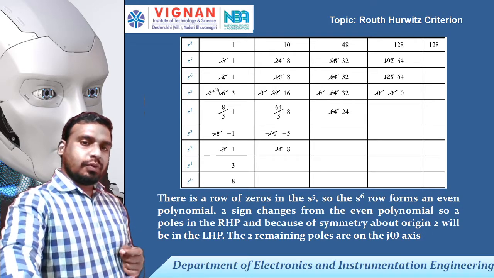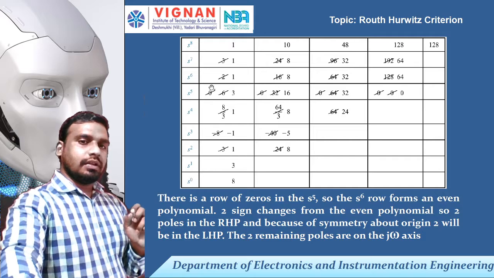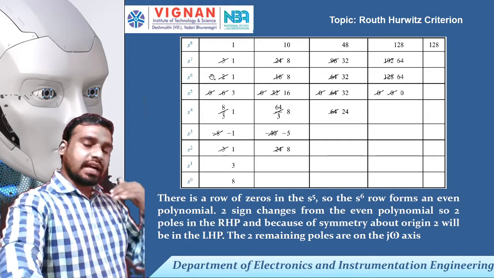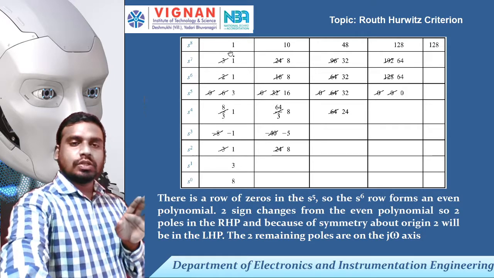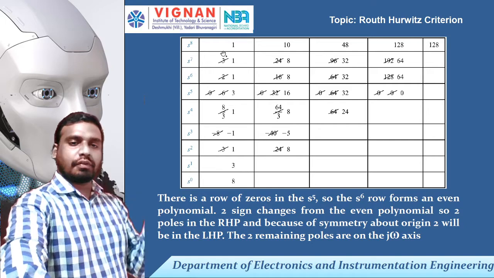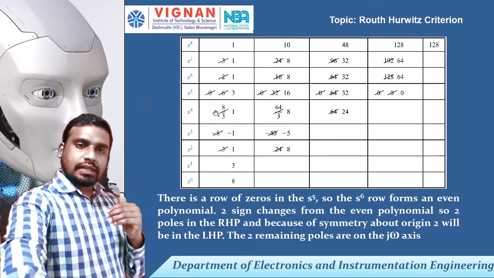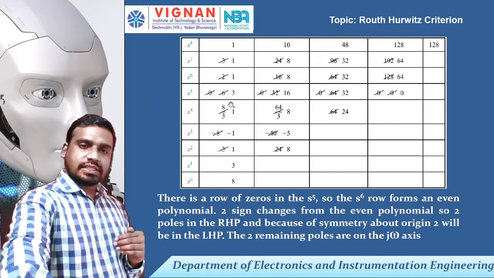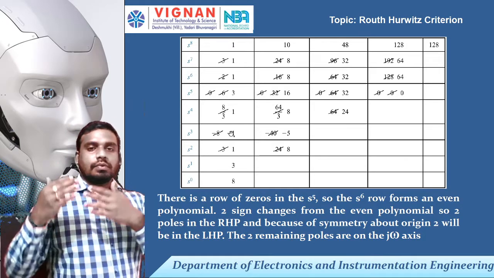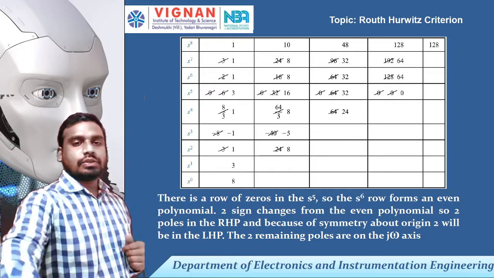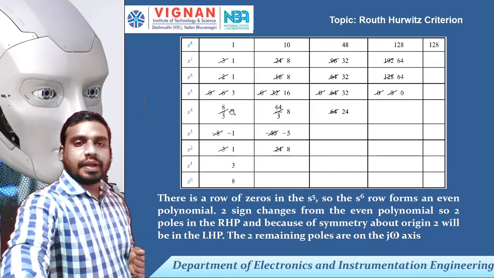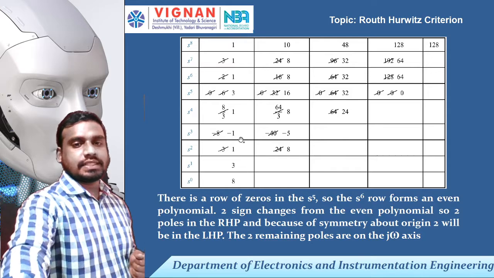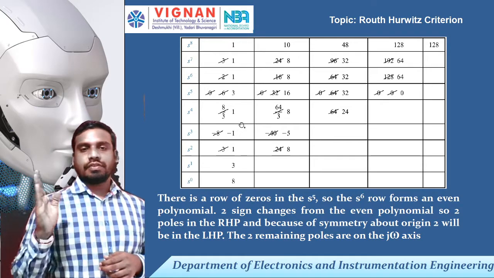So here, before your actual zeros are arriving, how many poles are there? Before the auxiliary equation, how many poles are there? Two poles. No sign change. So those two poles are lying on the left half of S plane. After that, what do you have to check? After the auxiliary polynomial, check for sign changes. You are getting sign change at s cube, from s power 4 to s power 3, s power 3 to s power 2. There are two sign changes. So two poles lying on the right half of S plane.